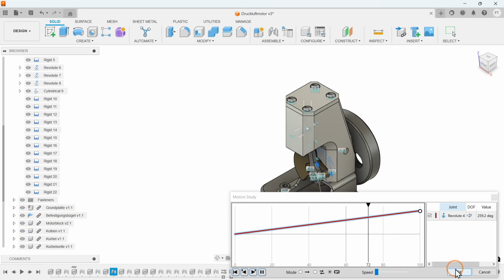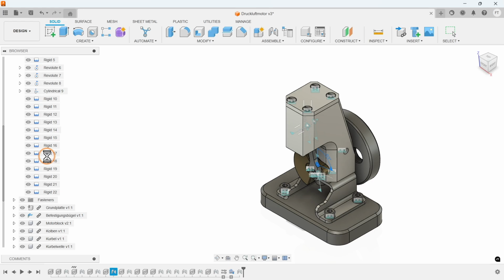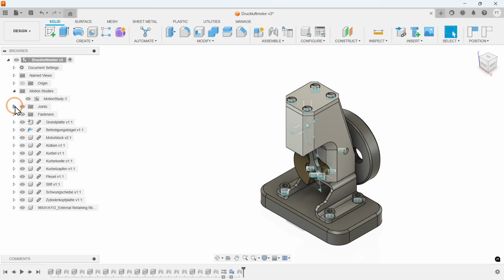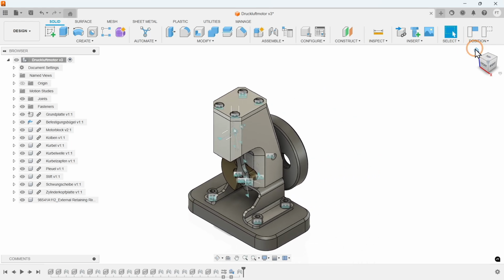After completing the motion study, it can be found anytime in the browser under the new folder Motion Studies. Well done! Now we can simulate the operation movement of our motor at any time. To introduce you to some more exciting features in Fusion that can help you work with assemblies, we start with